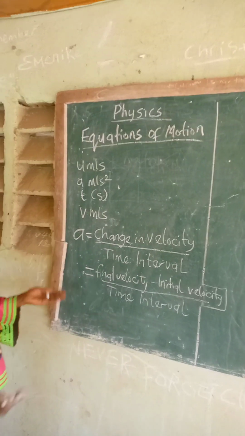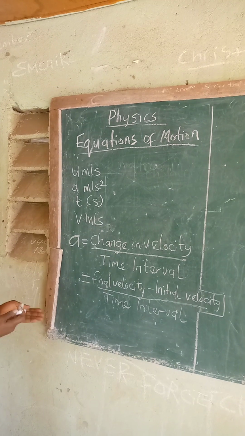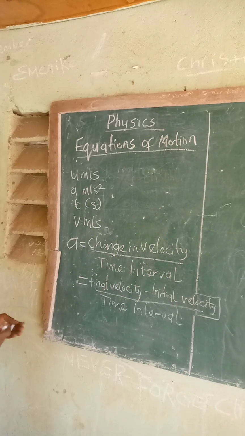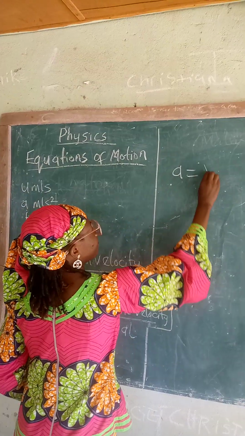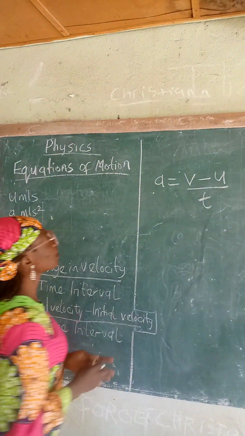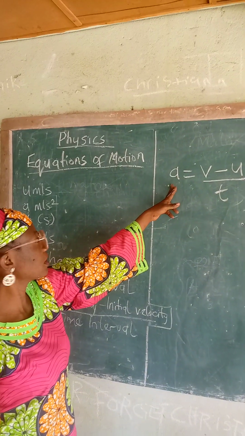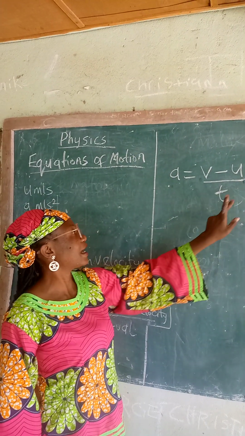Now if we use alphabets to represent this information we put in words, we have a is equal to v minus u over t, where a is acceleration, v is final velocity, u is initial velocity, and t